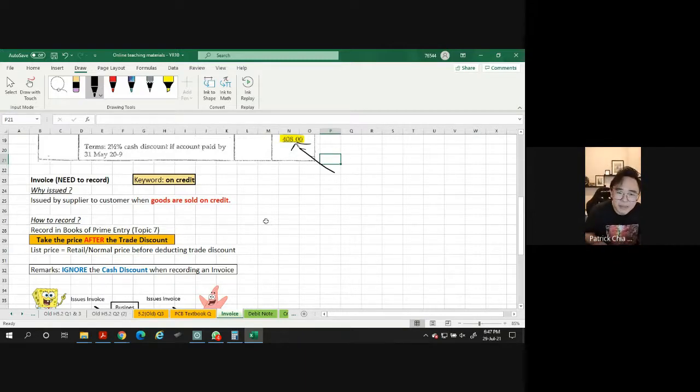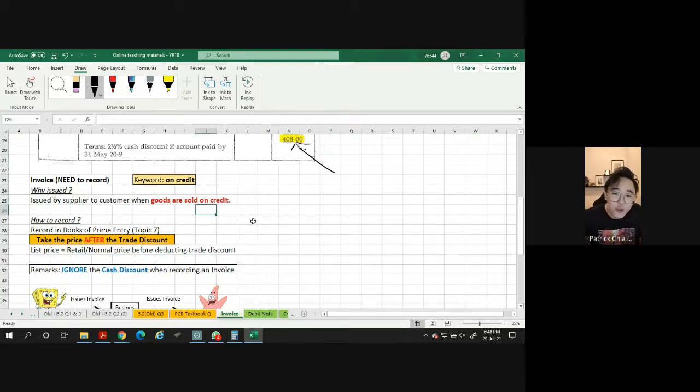But have you guys experienced on credit, like walking into Apple and then suddenly just take one phone, one laptop and just walk off and tell them okay, on credit? No such thing, right? But when coming to business, you can do that, because this is your friends, your trusted supplier. They trust you, so you can just walk in there, take their stuff, but of course they also give you a document, and that is invoice. So the keyword here will be on credit.